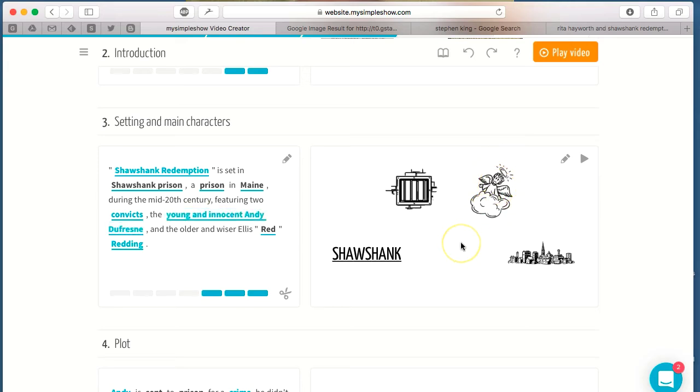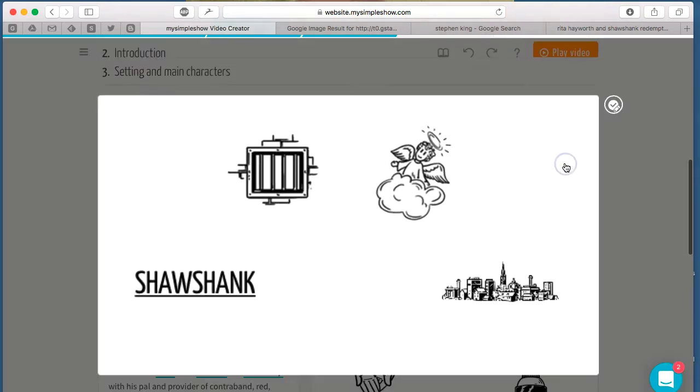That sort of thing. So there's just different ways you can go about it. The other thing is the way the pictures show up, you can hit play and you'll see exactly how the images go onto the screen. So if you don't like the way they look, you can just simply click the edit button, and you can,